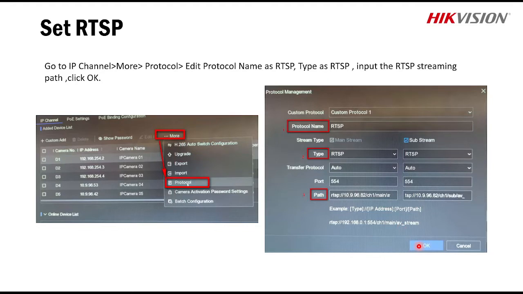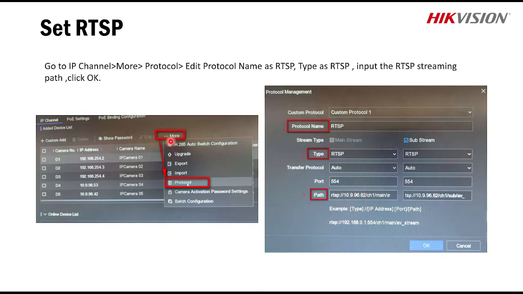OK. You have to enter this path here and click on OK. This way you have created this protocol in the backend, a custom protocol to which you have given the name RTSP. So what you need is simply to type the name, the protocol name, select the type RTSP, then put the port 554, and then put the path for this particular protocol. After this you need to click on OK. So you have created it in the backend.